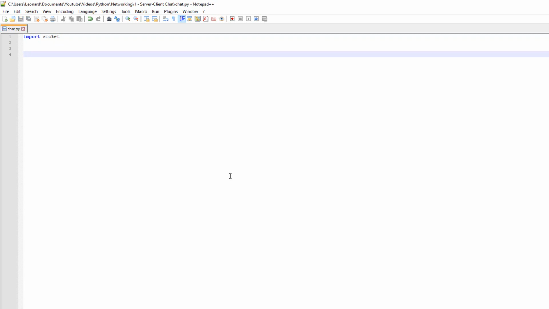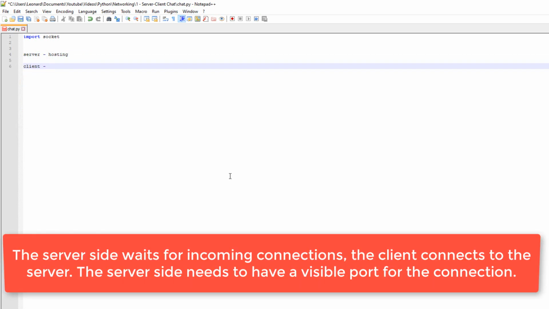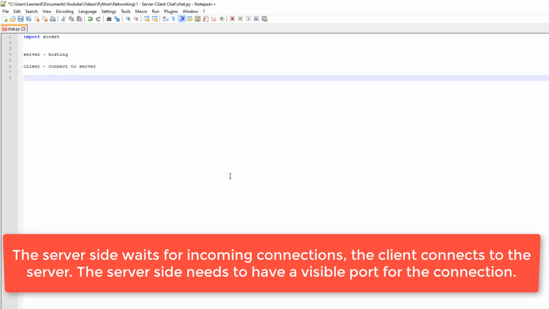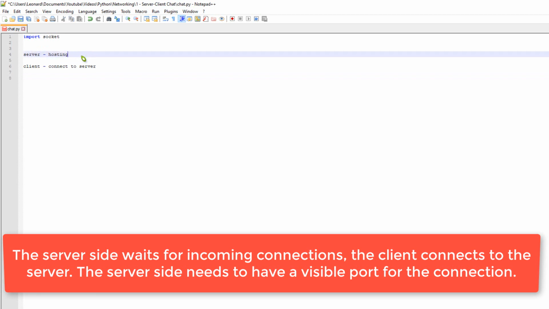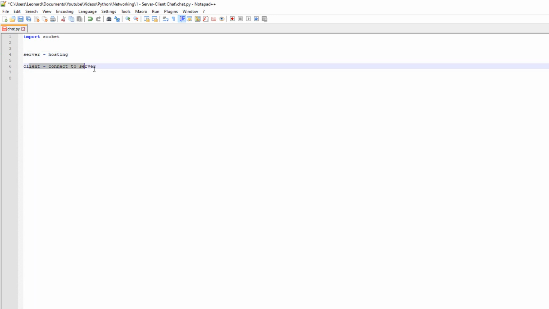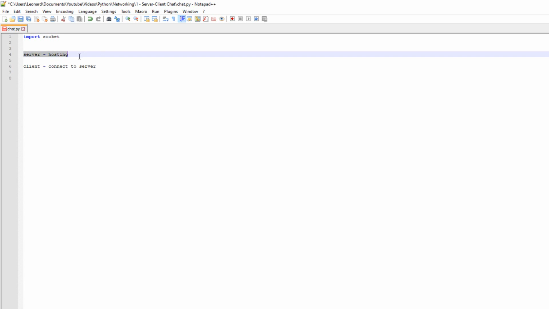And the way this is going to work is we're going to have a server that's going to be hosting, and we're going to have a client that's going to connect to the server. And we're going to achieve this using sockets. On the server part, we're going to bind the socket to our local address. And then on the client part, we're going to connect to the remote address. In order to bind the address, we're going to need a port. The client is basically going to connect to our IP address at the specified port. The way we're going to do this,